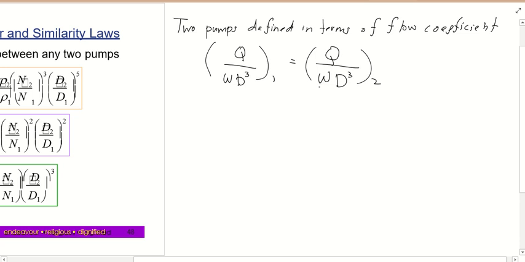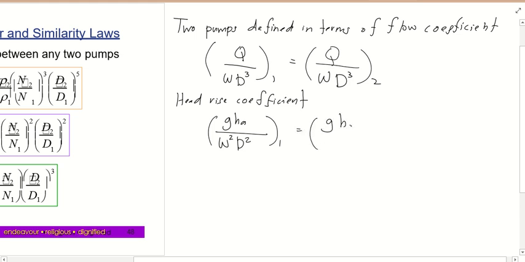Okay, so if you want to define in terms of head rise coefficient or power coefficient, you just, for example, in terms of head rise coefficient, you can come out with gH over omega square D square for pump 1 equal to gH over omega square D square for pump number 2. Okay, and then in terms of power coefficient,